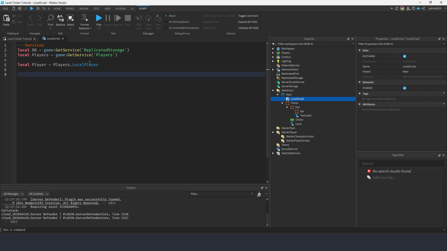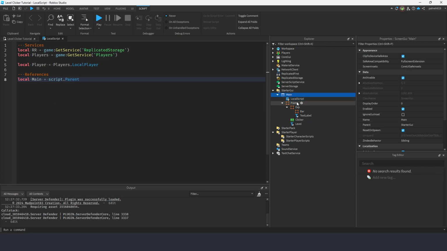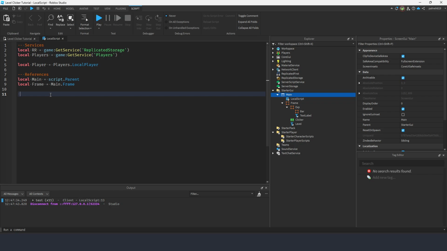Next thing is the variable references I'm going to be making for our UI. So I'm going to say local main equals script.Parent, which is the parent right above the script here. And I'm also going to grab the frame, which is local frame equals main.Frame. Once we have our main and frame, we're going to do, right below,